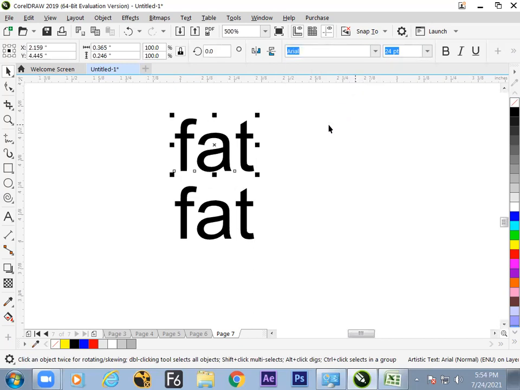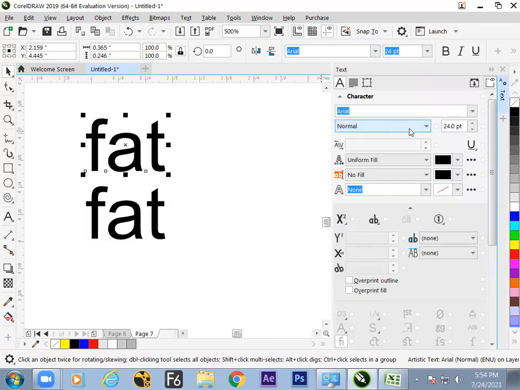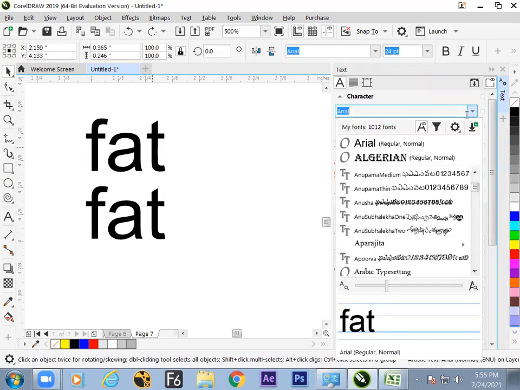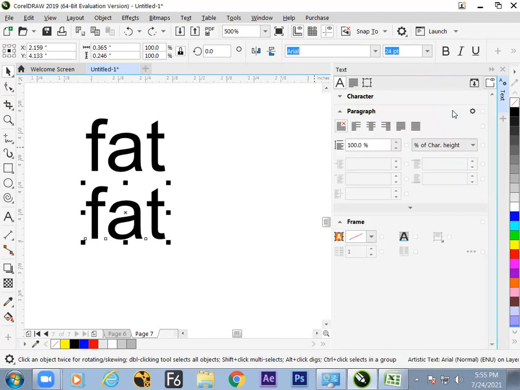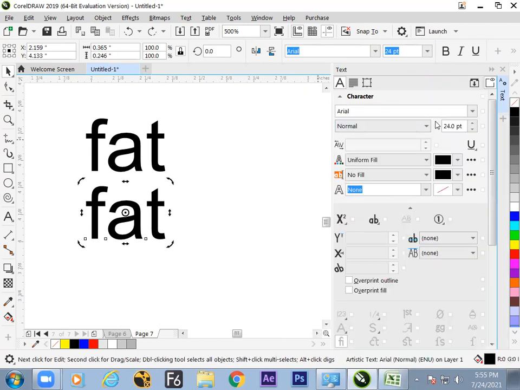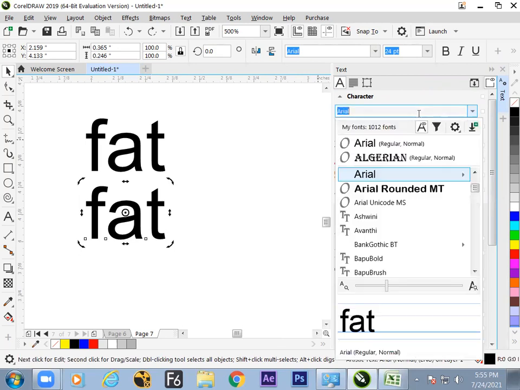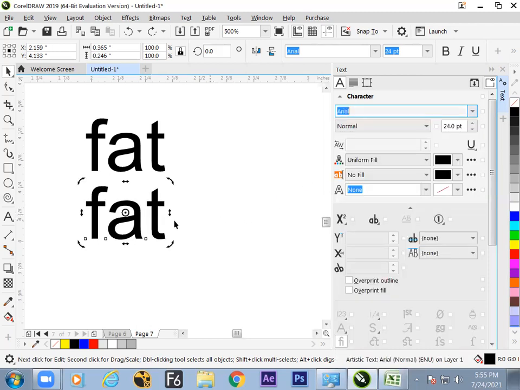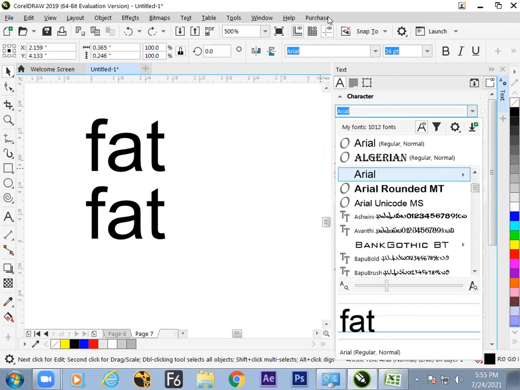Regular. Control T. So to make fat look like fat, the design should be a little thicker. Select now, switch to the character palette and go for Arial Black. You can see it reflects more fat than the one before.